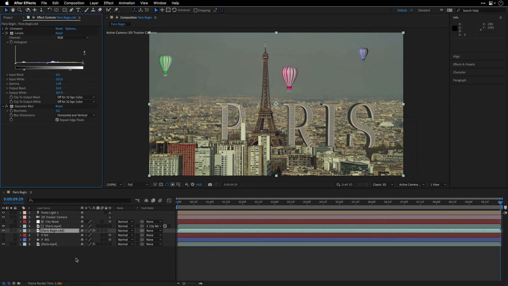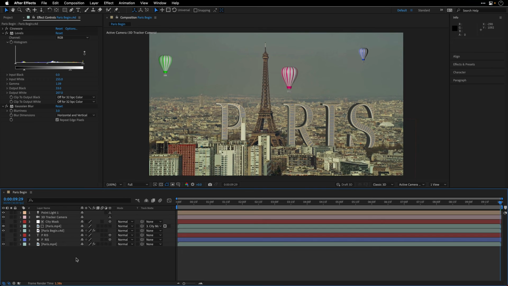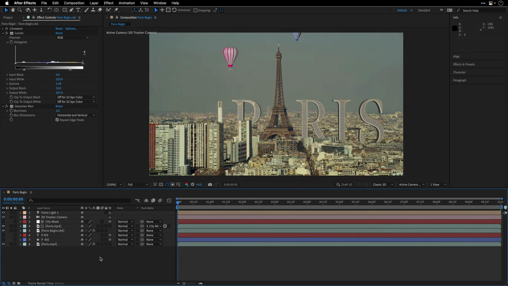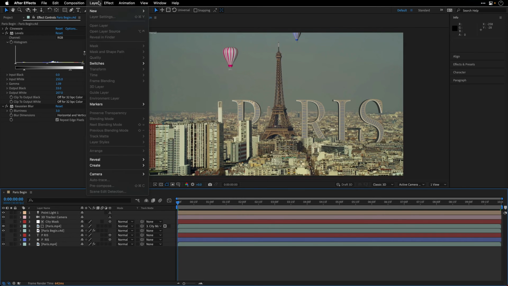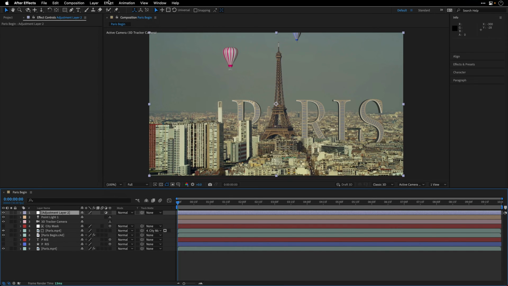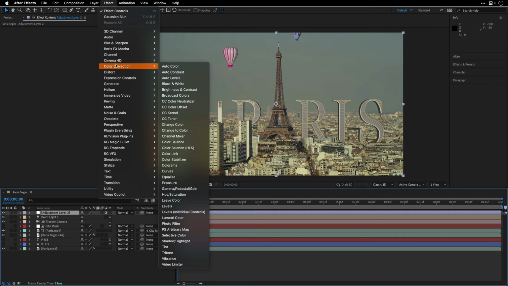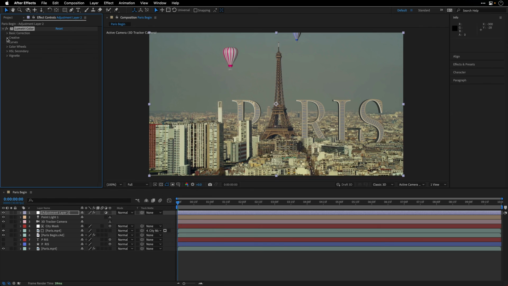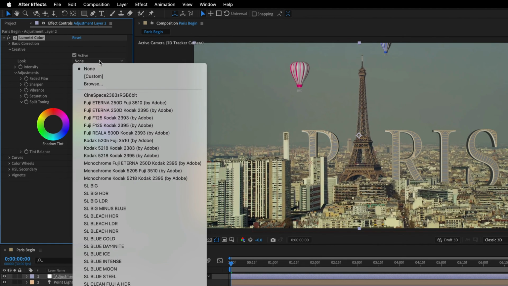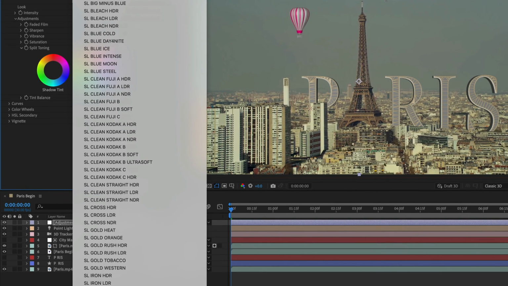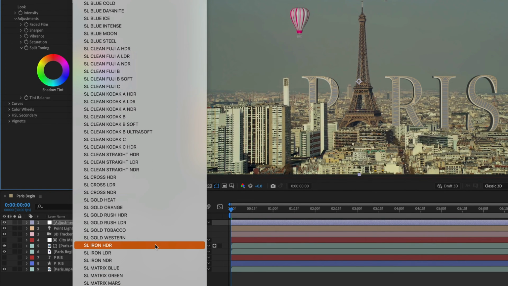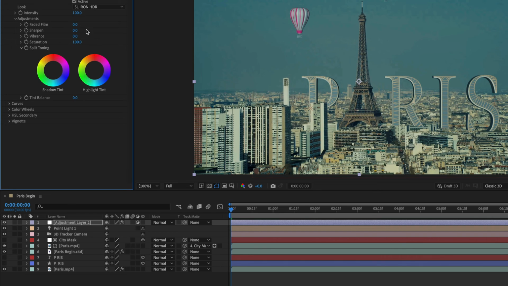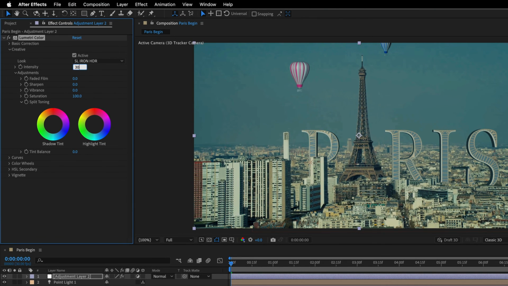I will stop for now. I'll make sure nothing is selected. I'll go to the beginning of the composition, and finally I'll add an adjustment layer above everything here. And to this adjustment layer, I'll add 2 effects. From the color correction category, I'll add the Lumetri color effect. I'm going to open up the creative and I'll use one of the built-in lookup tables. I'll go with this SL Iron HDR and then set the intensity to 30% so it won't be so vivid